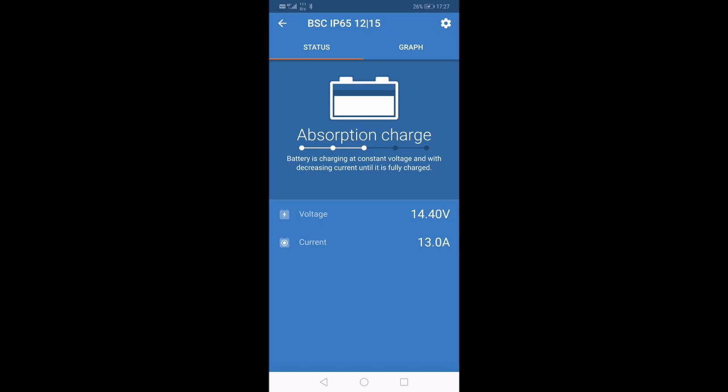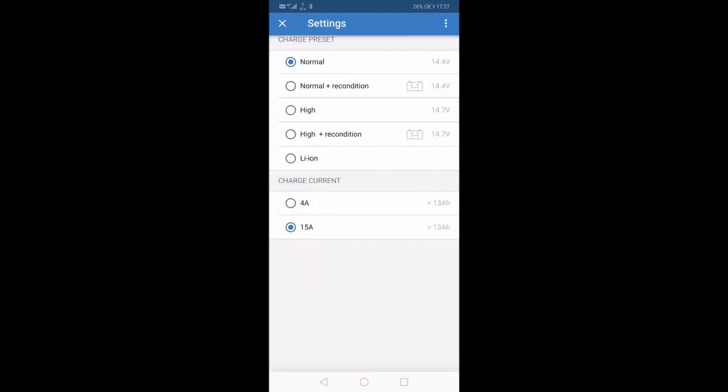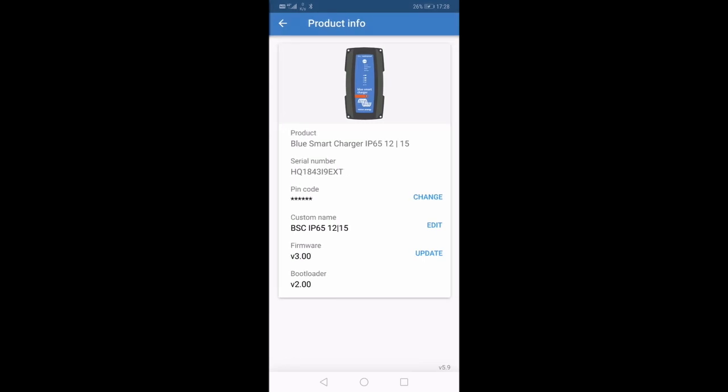And you can see it's pushing 13 amps at the moment, charging these 2 batteries in parallel. So I've got 200 ampere hour at 12 volts there. If we tap the little settings button, there we can set normal recondition, high recondition, lithium ion, and we can also set the charge current. What we can also do is tap the 3 little dots on the top right, go to product information,